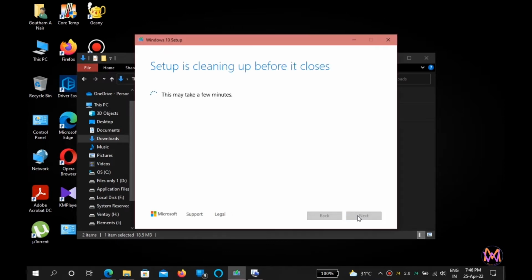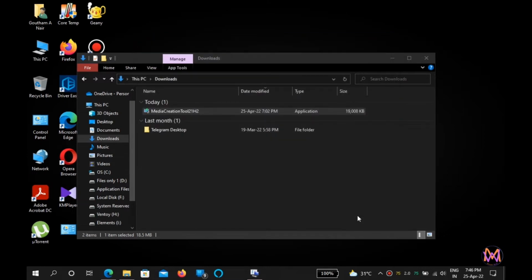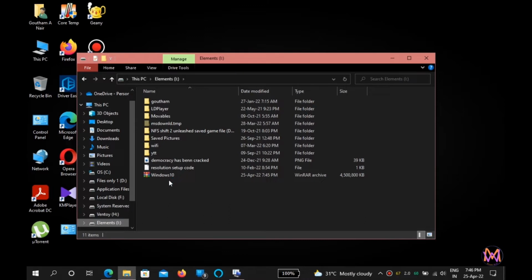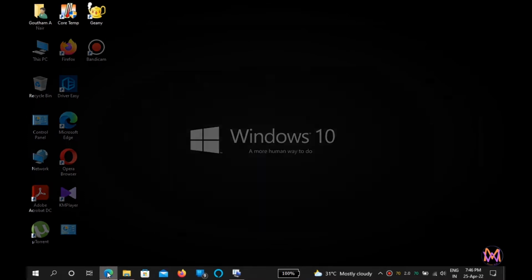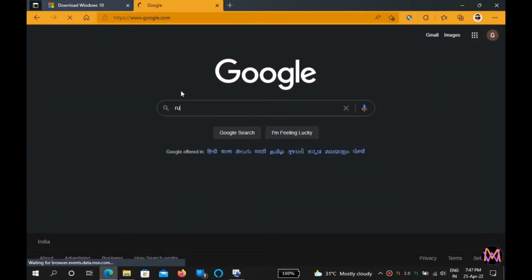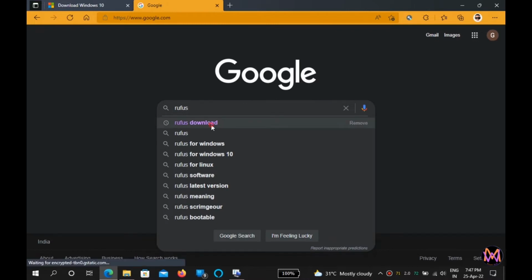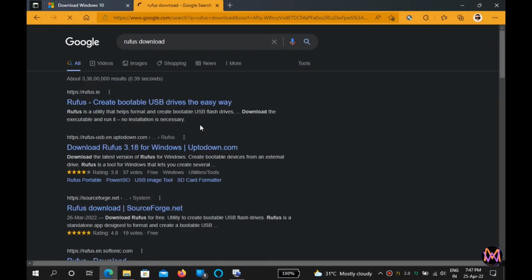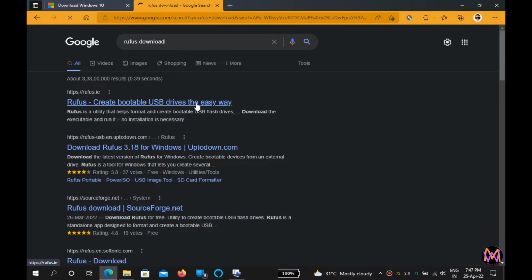And click finish. And go to the downloaded location, and this is the ISO, and we want to download another application, that is Rufus. Type Rufus, download, and go to the official site, the first one,